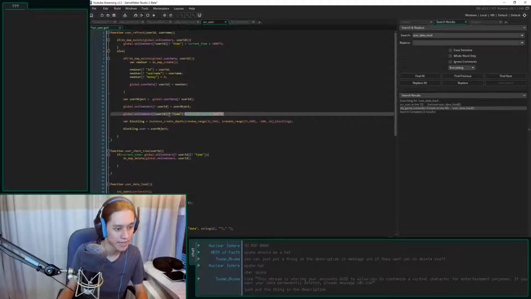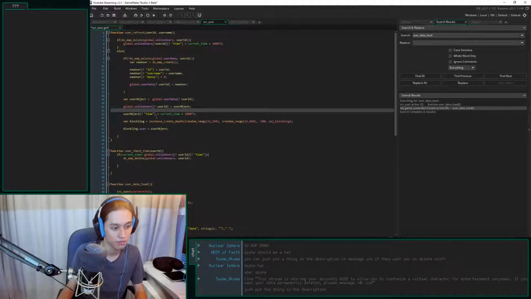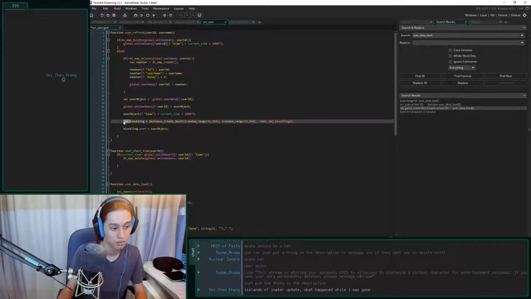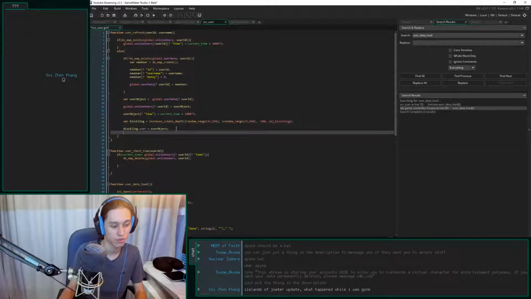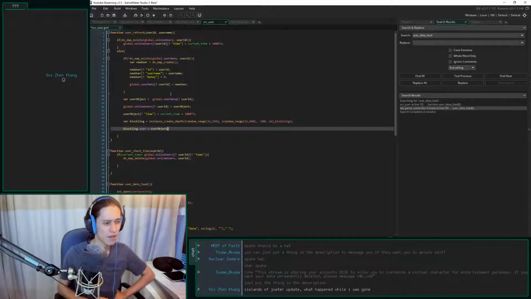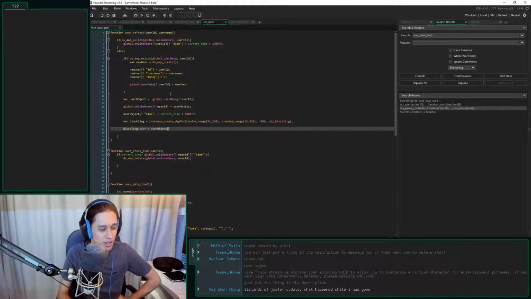And then we set the time. Oh, actually, I can just do this because it's referencing the same thing. And then blockling equals that, and blockling.user equals that. That should work. Okay, so now where am I? So it's refreshing it. It's updating.